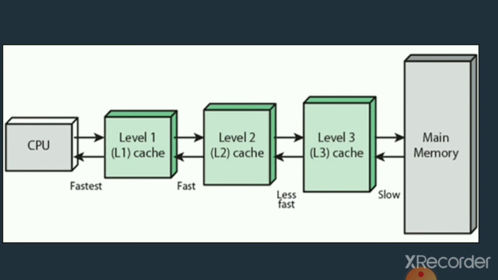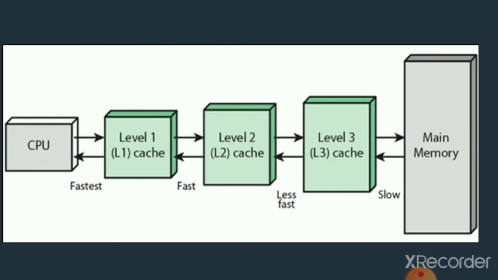So this way we pass on instructions from main memory. Suppose we have thousands of instructions in main memory, then we give 100 to L3, then we give 50 to L2, then we give 10 to 20 instructions to L1. So these 20 instructions will be read by the CPU. It will not see 1000 instructions of a program in main memory. If it finds the appropriate instruction, it will execute.